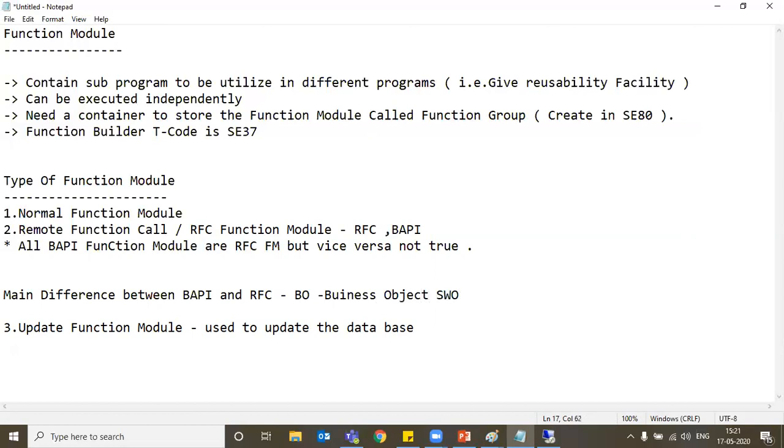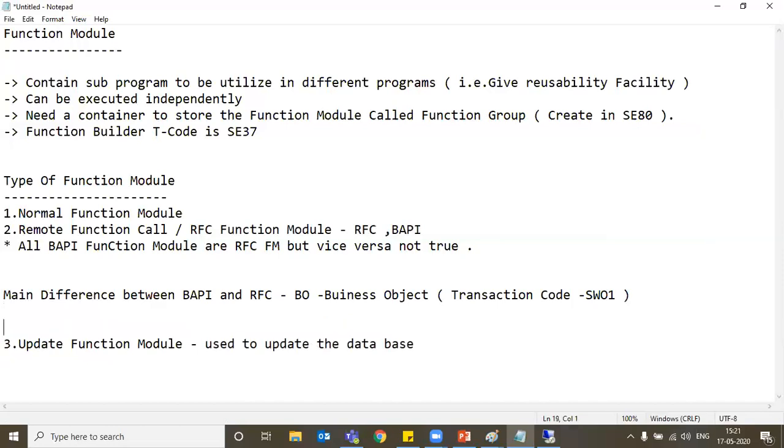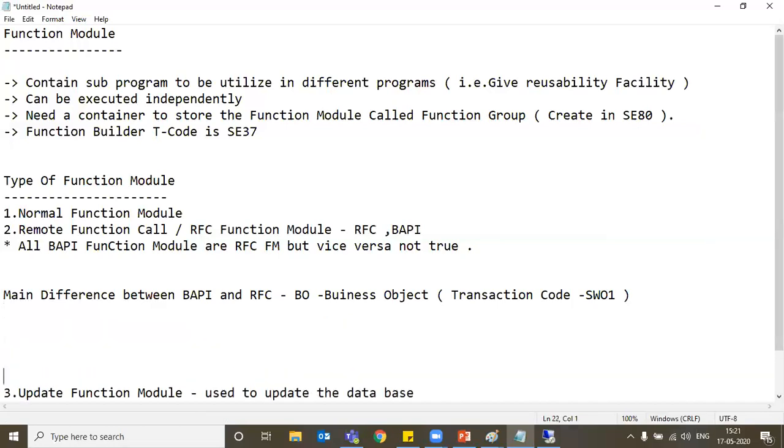The transaction code is SW01. If you register any RFC function module in this transaction code, that means you created a business object for it, and that is called a BAPI. So this is the main difference between RFC and BAPI.